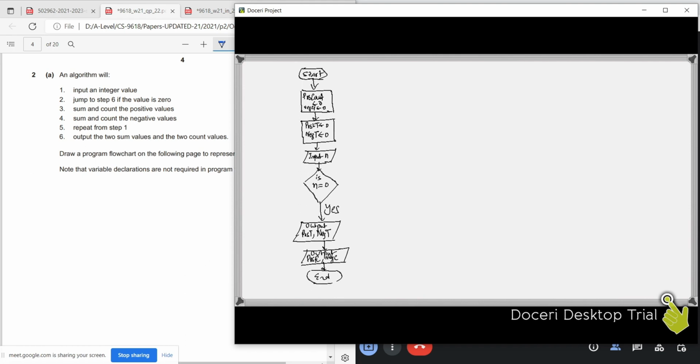But if it is, ये तो straight part है, but the important part is that if it is no, if it is not equal to 0, तो फिर वो क्या करेगा? If it is not equal to 0, then we need to sum and count the positive values, sum and count the negative values, repeat from step 1, output. Okay, अब ये इसके अंदर जो process होगा,